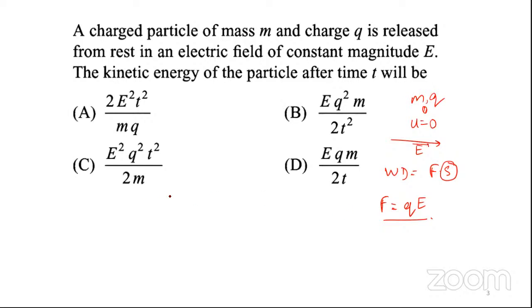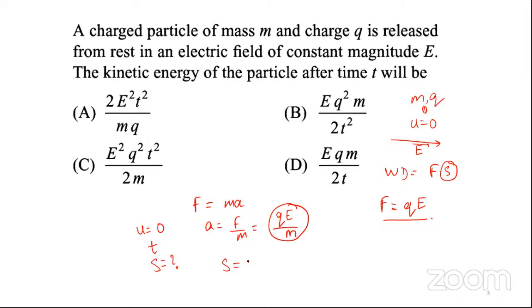We have the force with us, so we can find out the acceleration. As we know, force equals mass into acceleration, so acceleration will be force upon mass. Force is, as we found out earlier, qE, and upon m. So this is our acceleration. And we have u equals 0. We have time t. We have to find the displacement. So we can use s equals ut plus half at square, and u is 0, so s becomes half